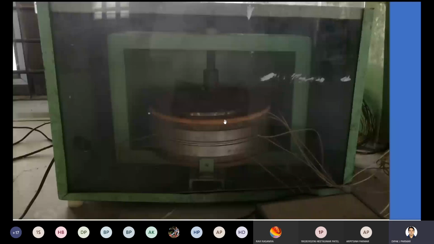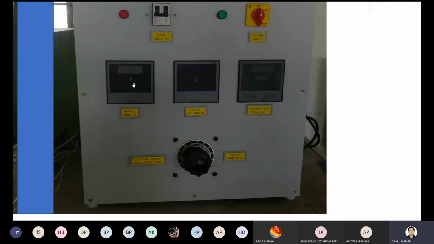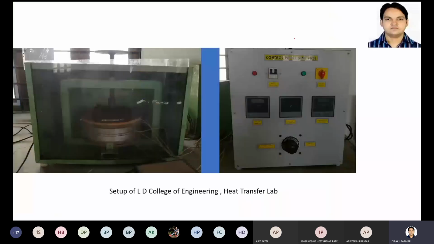And with this, a control panel is connected, as I mentioned, through which you can set voltage and ampere. So that is your input to the system. When you switch this on, the heat supply will start. Then you switch on this portion, that is a heater. We switch on the heater and set the ampere and voltage. So that will be a heat input to the system.